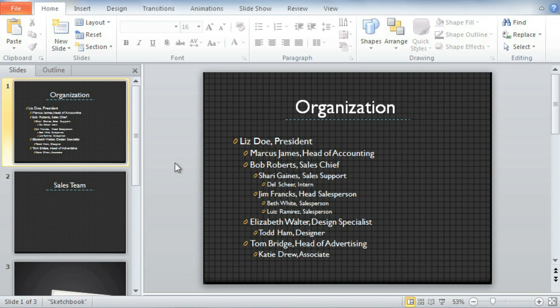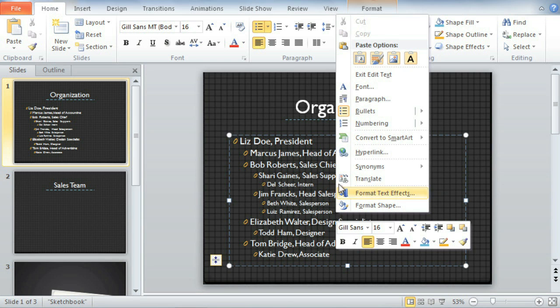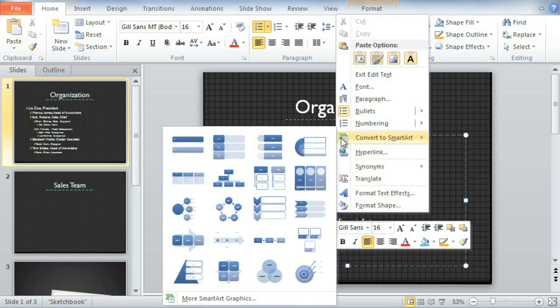In PowerPoint 2010, SmartArt gives you the chance to communicate with your audience using visuals instead of text, which can help you add more color, shape, and interest to parts of your presentation. I'd like to create a graphic that zeroes in on the sales team at my company to explain their chain of command. While you can right-click inside any text box to convert the contents to SmartArt,